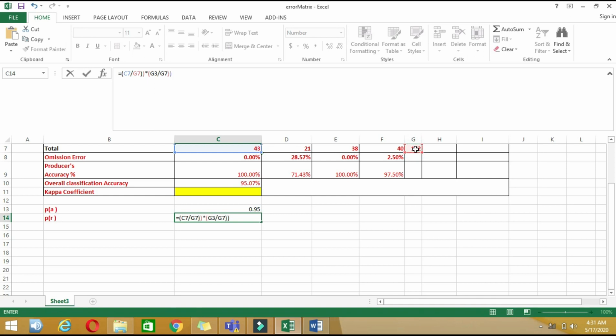Then we will do the same for all other classes. So this was for water. Now we will add and do it for the other ones.